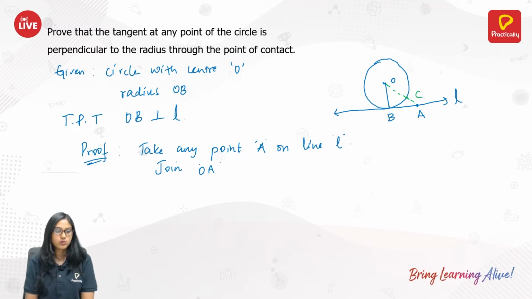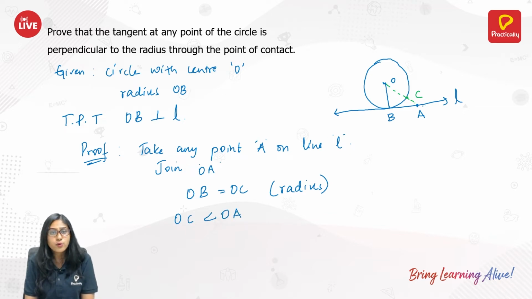Now, what do we know? We know that all the radii of the circle are equal, correct? That is obvious. So, we know that OB is equal to OC. Why? Because radius. But we also know that OC is less than OA. Why? OC is a part of OA. So, obviously OC will be less than OA. So, this is 1, this is 2. From 1 and 2,